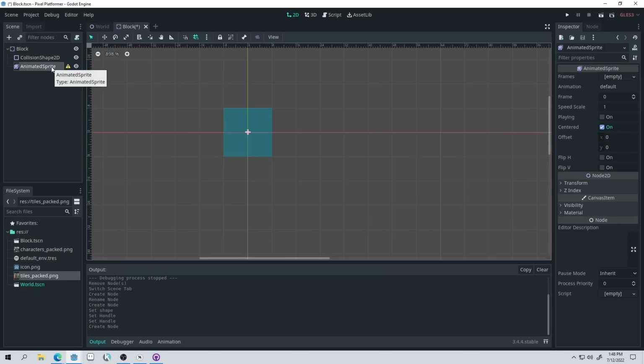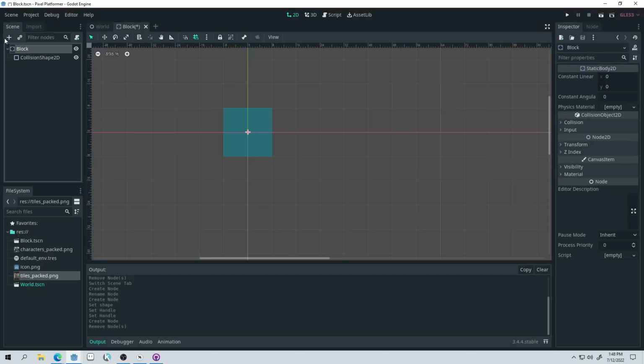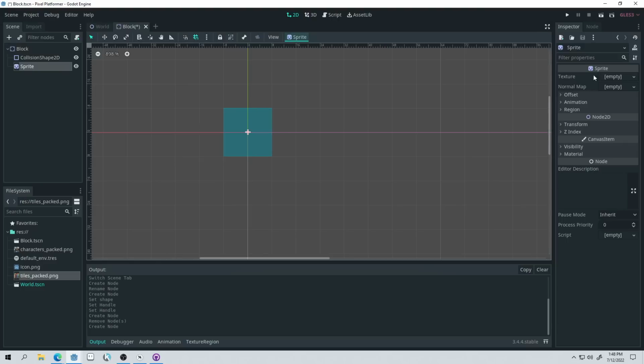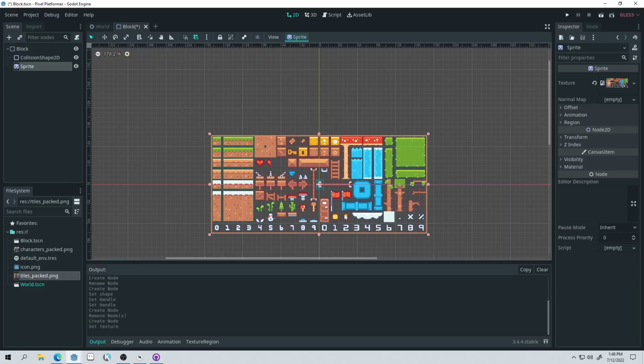Funnily enough, let's delete it. Let's use an actual sprite. We'll use an animated sprite for the player. So we'll just use a sprite here. Now the sprite node needs a texture. So we can come over to our tiles packed, drag it in here to texture, and that gives us,